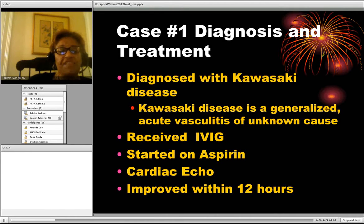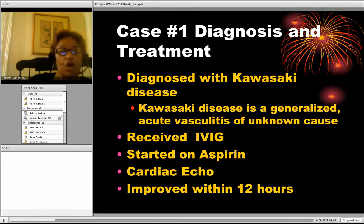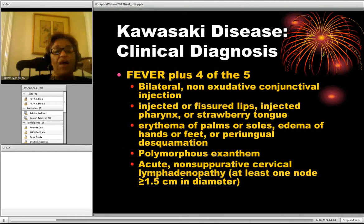which is a generalized vasculitis of unknown cause. The patient received IVIG. She was started on aspirin. She got a cardiac echo that was normal, and she was improved within 24 hours. She was watched for 24 hours in the hospital and did not require any more treatment and was not thought to have any more